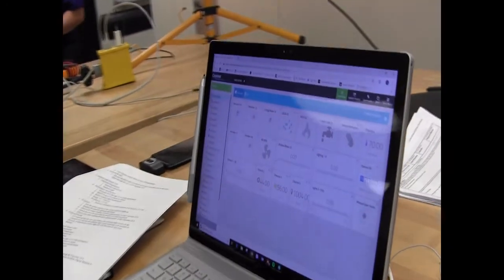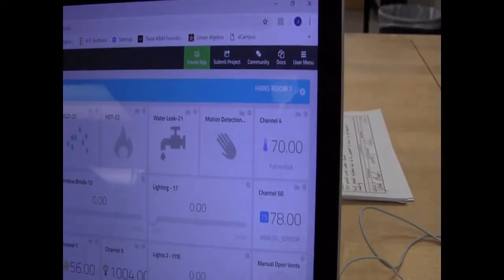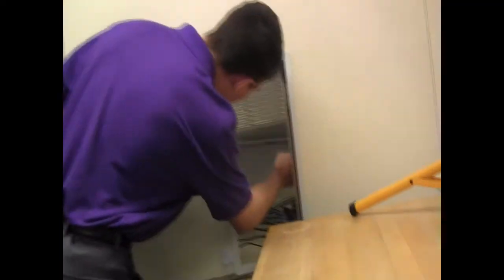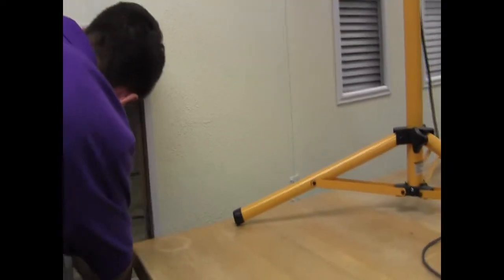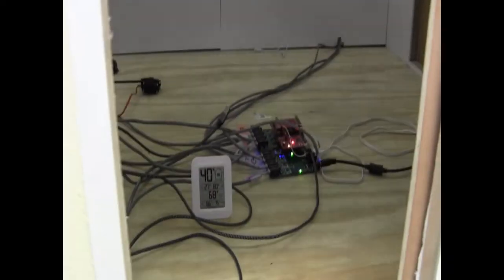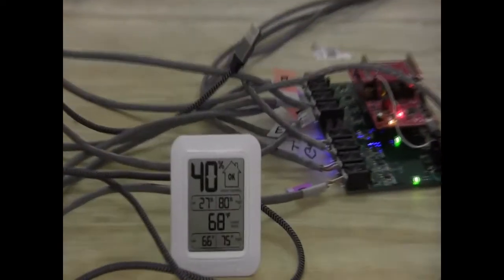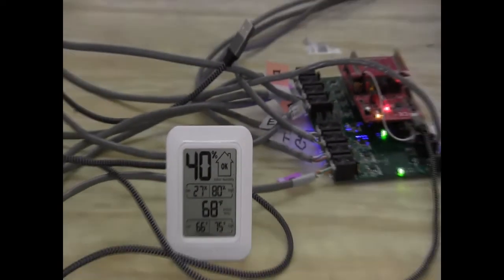difference. Is it already in there? It is already in here. The drapes aren't open quite yet. So I'm just going to open the door. It's right here. So it's currently reading 68 degrees on the interior, which is within tolerance. That's essentially just verifying that the temperature will be